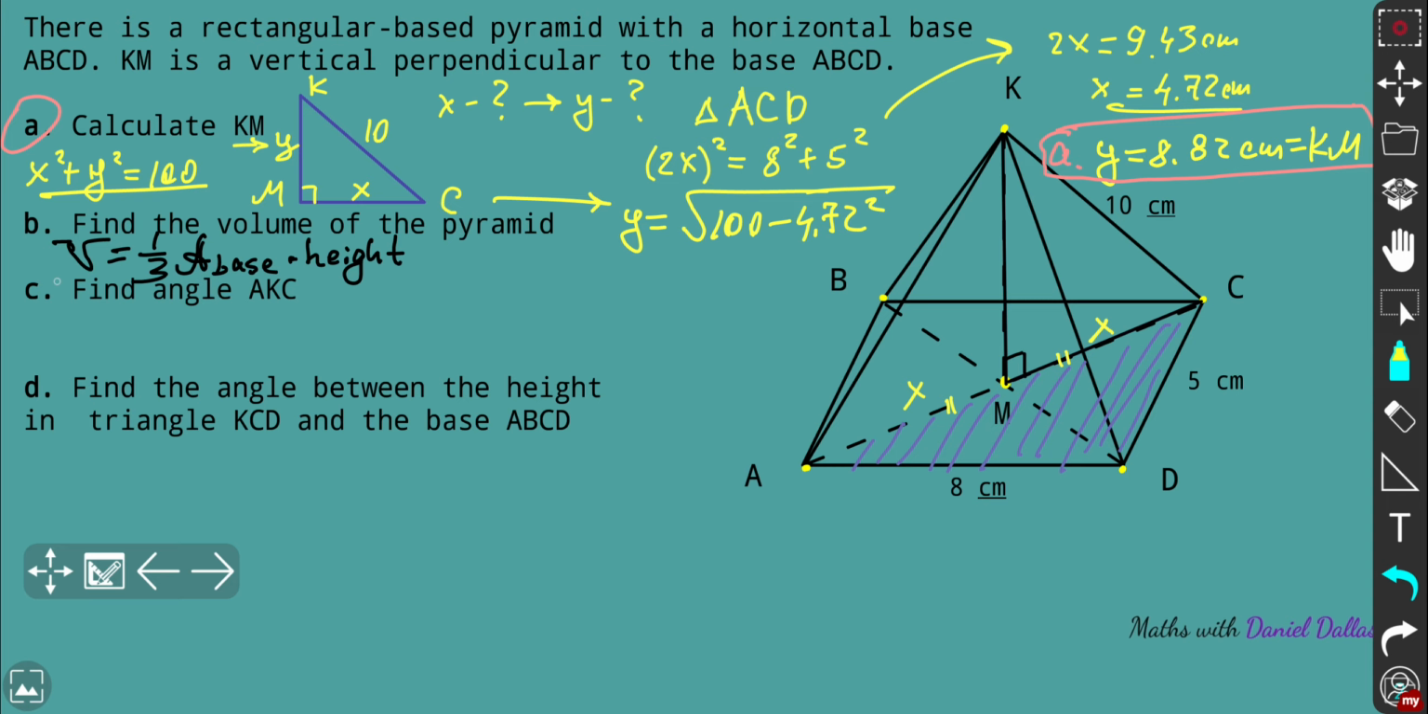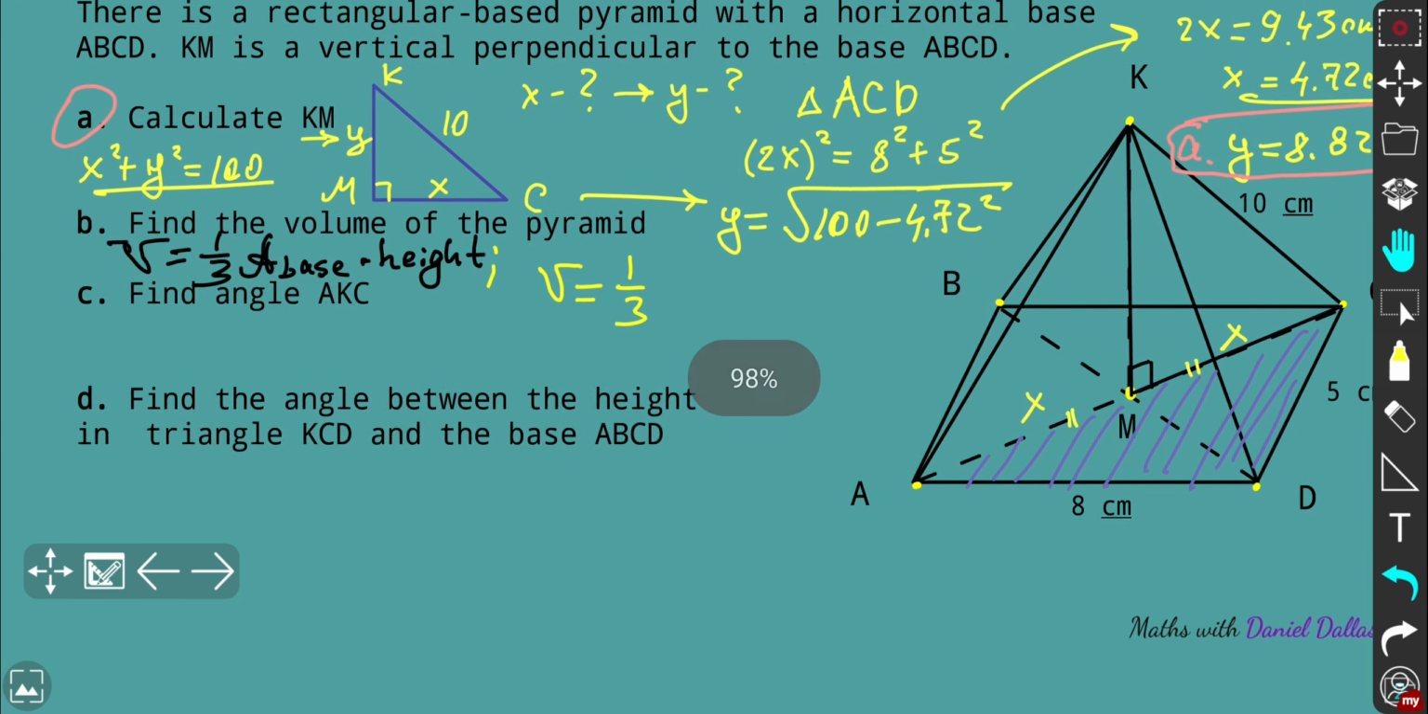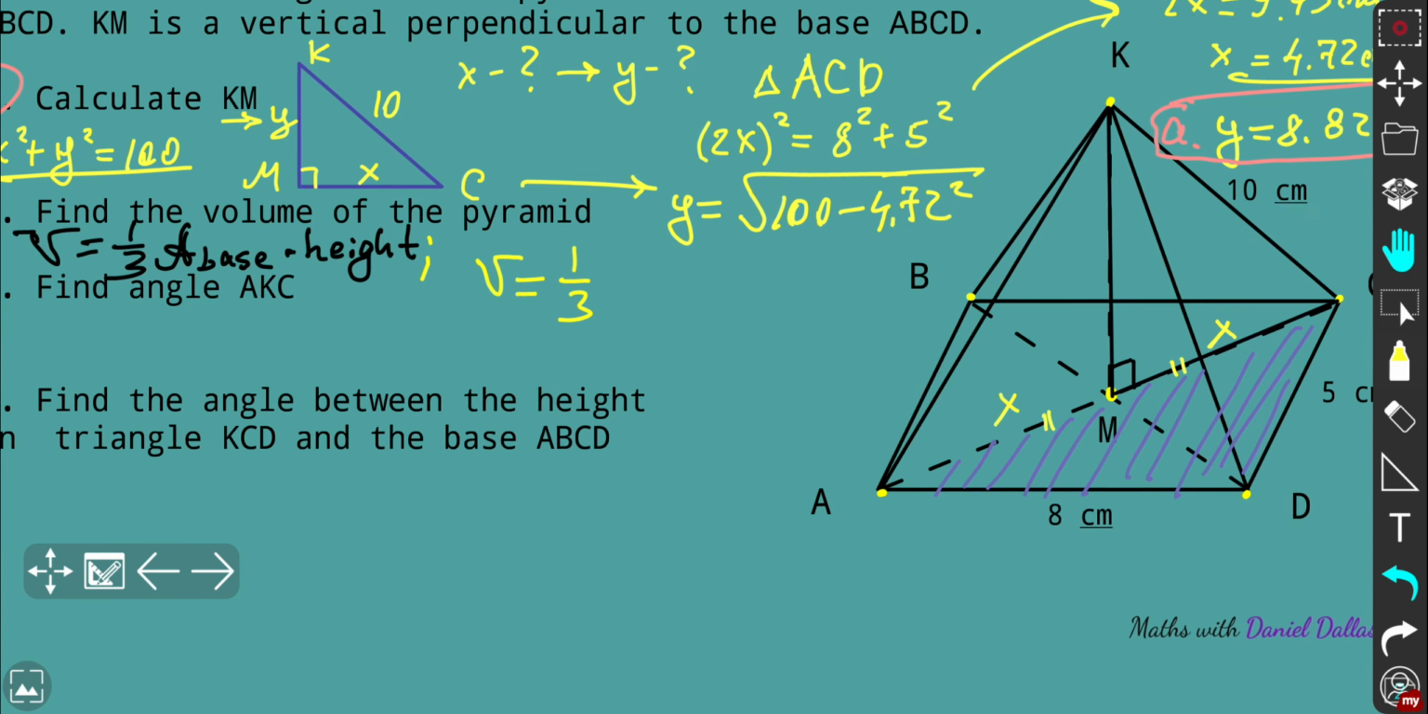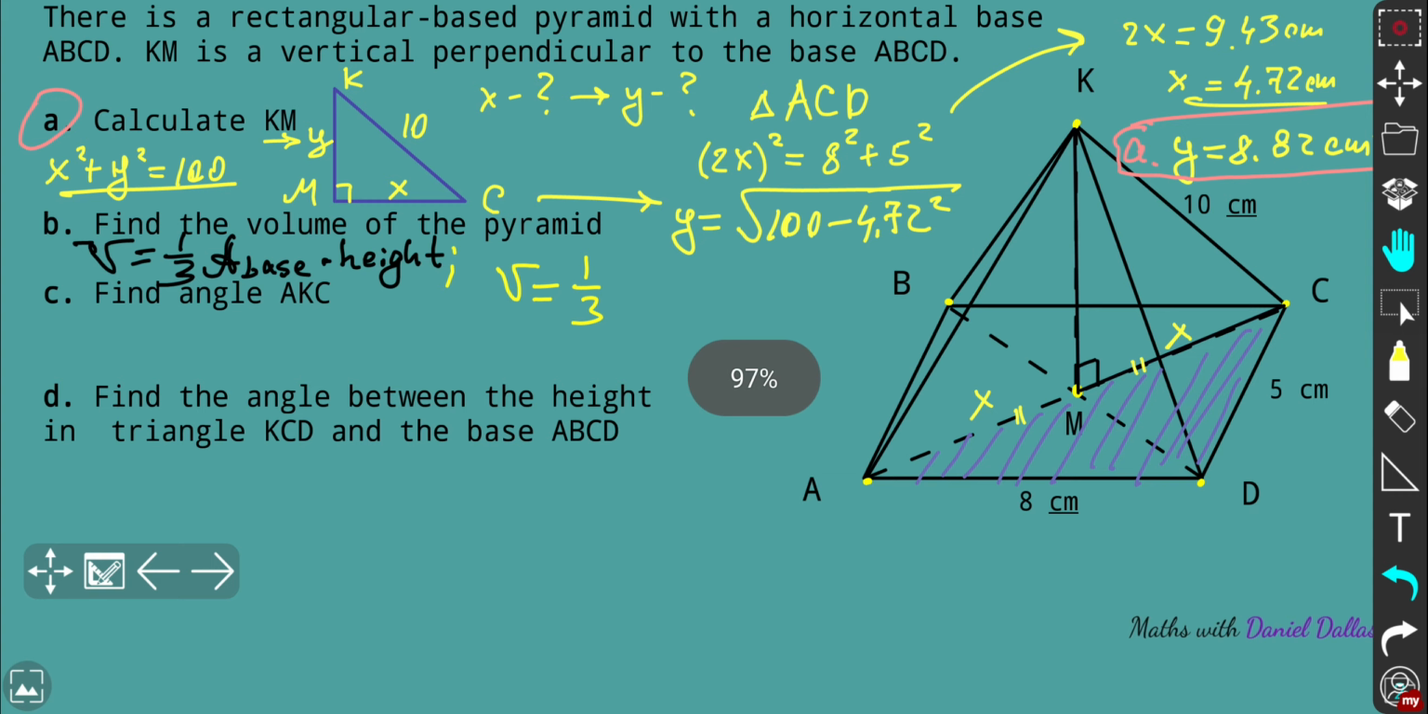So, okay, about the volume, do we need the height? Yes, we need height. We recently found this, it is KM. So if we rewrite this formula for volume, we'll get simply 1/3. I'll just zoom in a little. Okay, so in B, yes, we need to use the formula